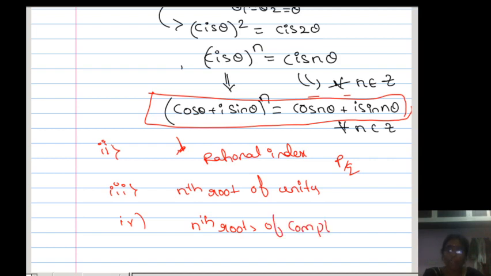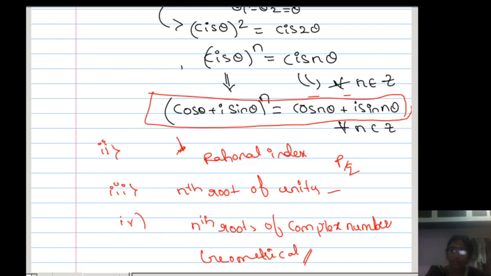If any complex number is given, how to find the square root, how to find the cube root, how to find the fourth root, like nth roots, how to find them, and how many roots are possible for any complex number. Those things I will also discuss in this chapter. Not only this, for all these nth roots of unity and nth roots of a complex number, we are also going to discuss the geometrical representation. Geometrically, how to represent it, like a polygon or a circle, like a geometrical explanation.